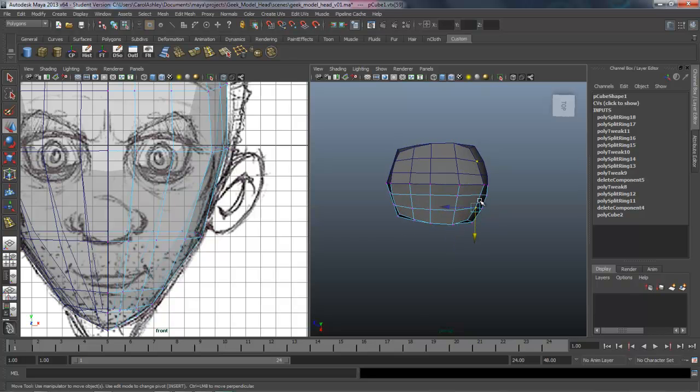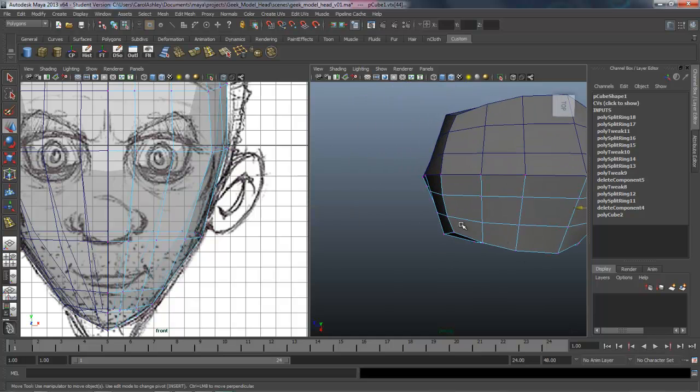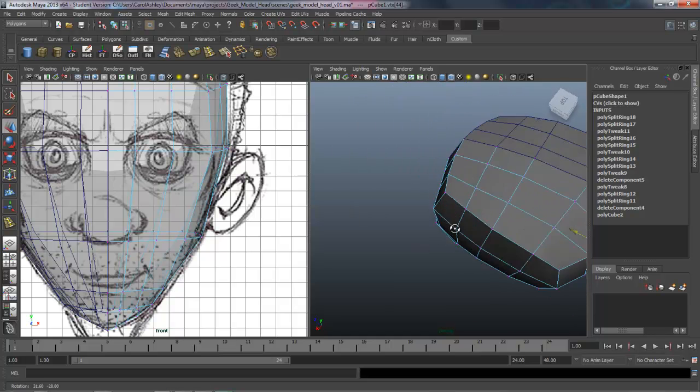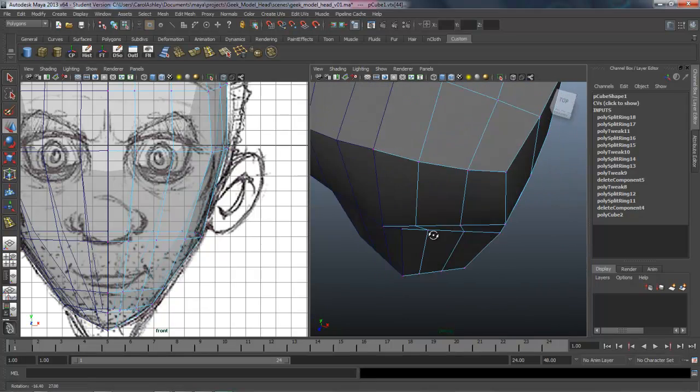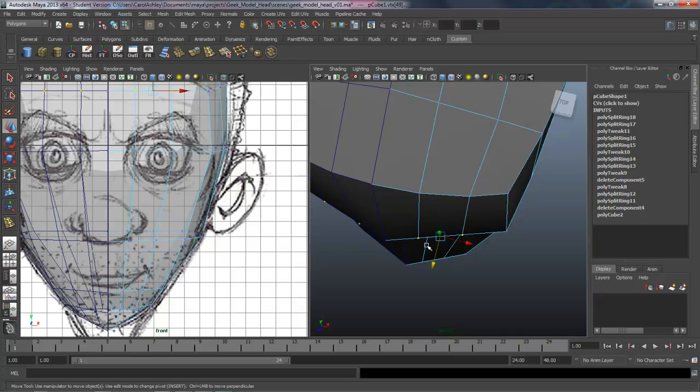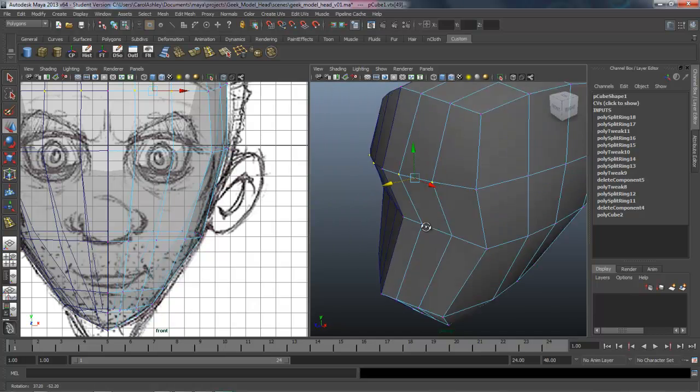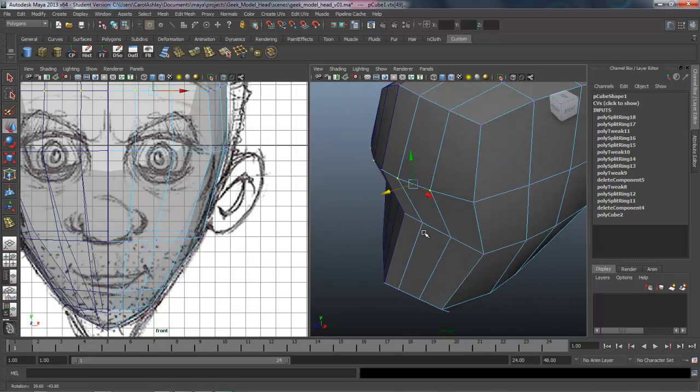Okay, so you can see that working. I think these top 2 can probably come out just a little bit more. There we go. Okay, so we can see we got the top part of his forehead, but as we start working down the brow here, we can see that these points need to come out as well. So there's his brow right there.